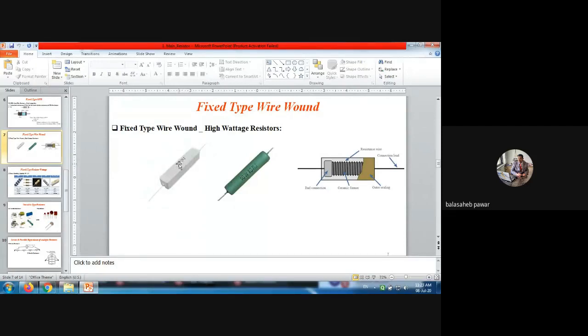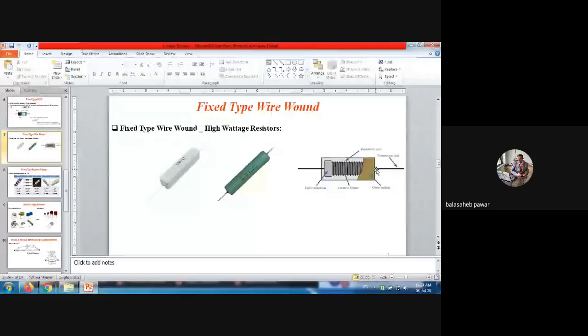That R stands for ohm. So if it is written as 10 watt and 10 R, that means this wire resistor is of 10 watt and 10 ohm. And its internal structure is also shown over here. A small ceramic material on which that resistive wire is wound, and which is connected to the external terminals for external